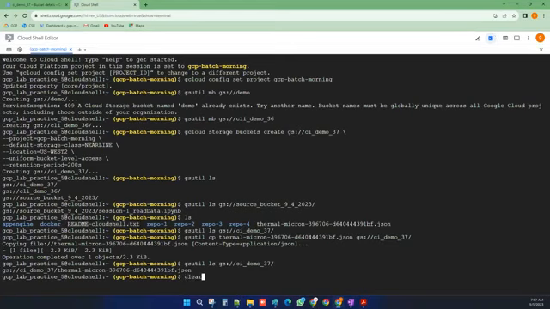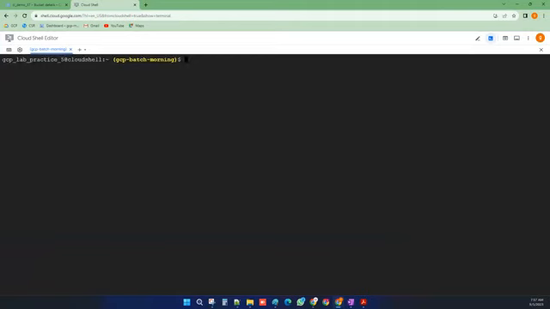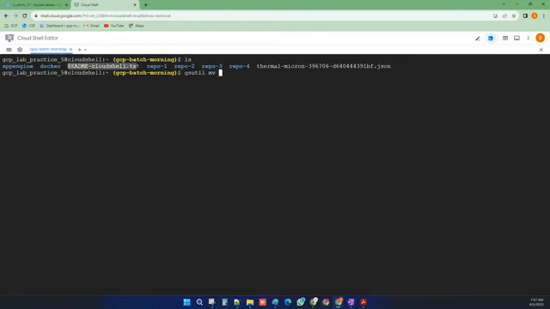Let me clear out the screen. ls. So you have this file. I don't want this file to be here. I want that file to be moved to one of the buckets. From now onwards, I don't want this file to be in my Cloud Shell. Whenever I give ls, it should not be here. So for that, gsutil mv is the move command, moving